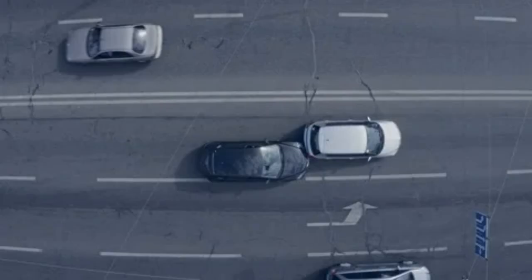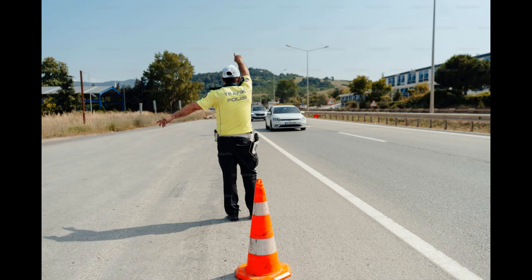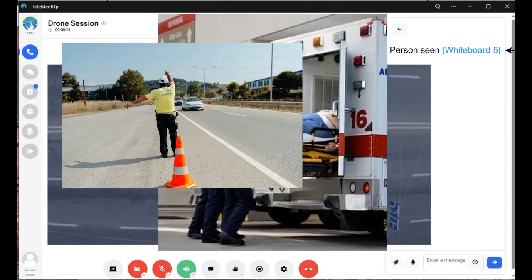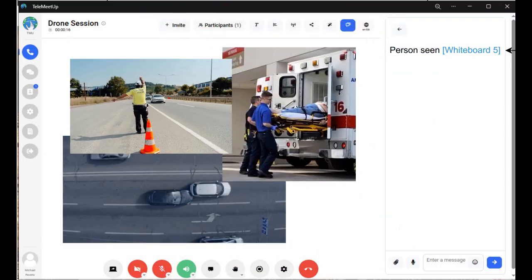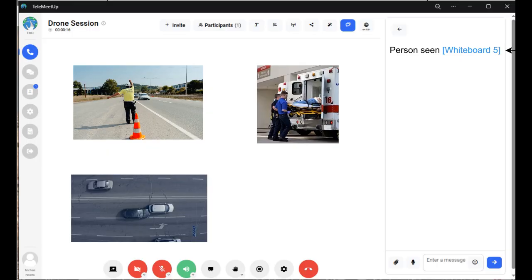Emergency situations are highly dynamic. Things can change moment to moment. You may have multiple parties, multiple locations, and multiple units all involved simultaneously. Our system enables all interactions to be captured within a single real-time session. With proper implementation, everyone involved, the callers, dispatchers, drone operators and responders, can contribute to the assessment and response in